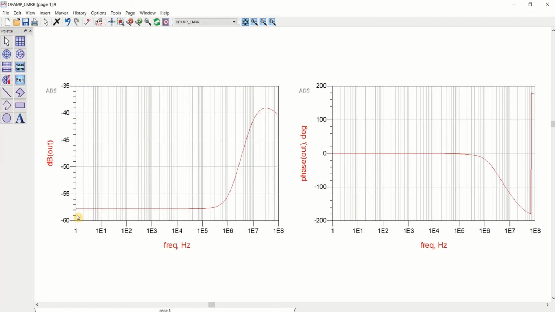You can measure the CMRR. Use the marker at 1 Hertz. Exactly at 1 Hertz, it is providing a CMRR of minus 57 dB. It is in 57 dB.